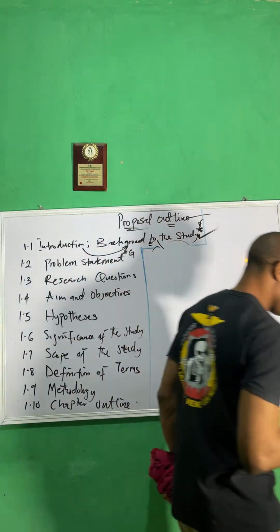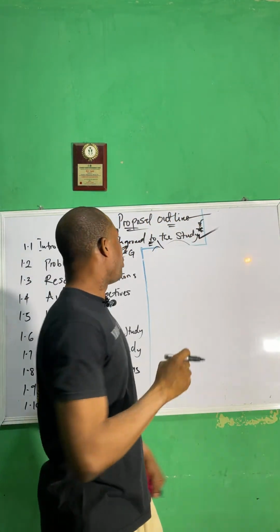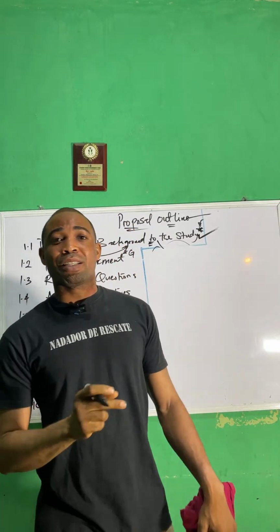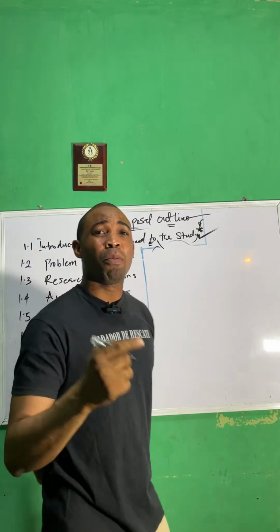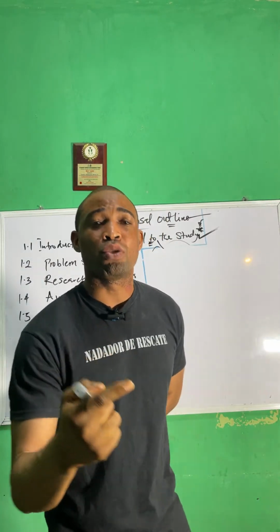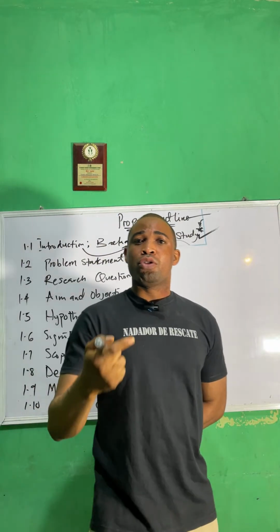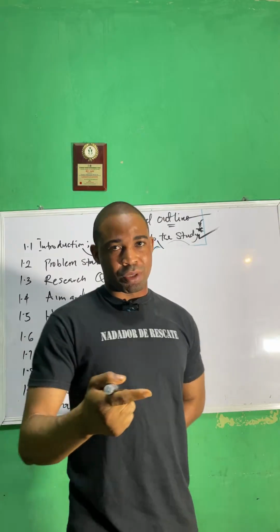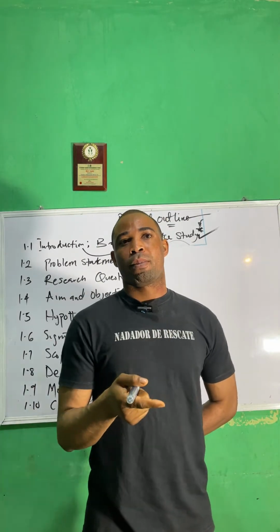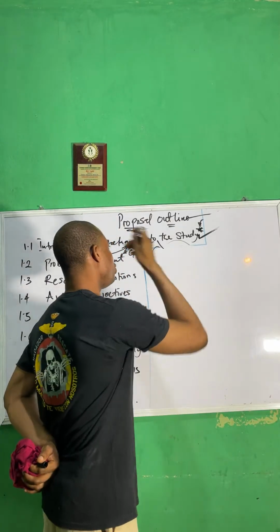Sorry, I want to see. Okay. The first thing in your proposal is introduction, which is explaining the background to the study. Then what do you want to explain in your background? Your background is to introduce your topic to us, to your supervisor. You want to introduce your study to a layman, someone not even in your field, so they understand what your topic is. For example, as an economics student,